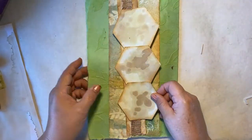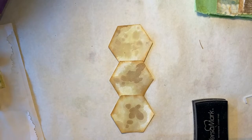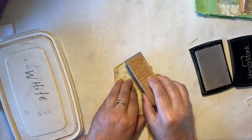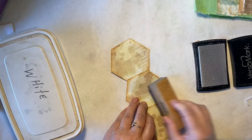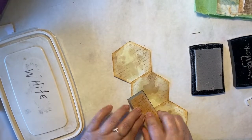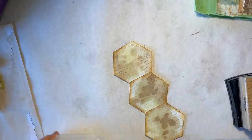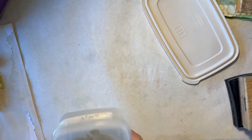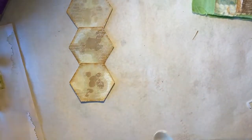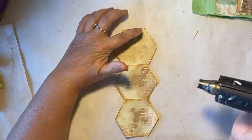I need to do a little something to this. What I'm going to do is I am going to take my Versamark ink, my script stamp, and my white embossing powder, and I'm going to emboss this. Okay, and then I will heat this, and what I do is I start at the top, I work my way down it,